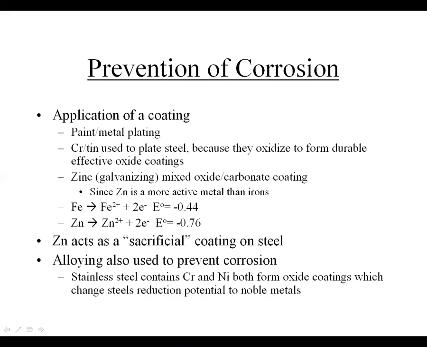You could also do some type of galvanizing, for example, with zinc. Since zinc is a more active metal than iron, everything happens at the zinc. So I guess what that means is if we look at the SRP values, for example, here. In comparison, if we coat something with zinc, for example, because zinc is actually more positive,